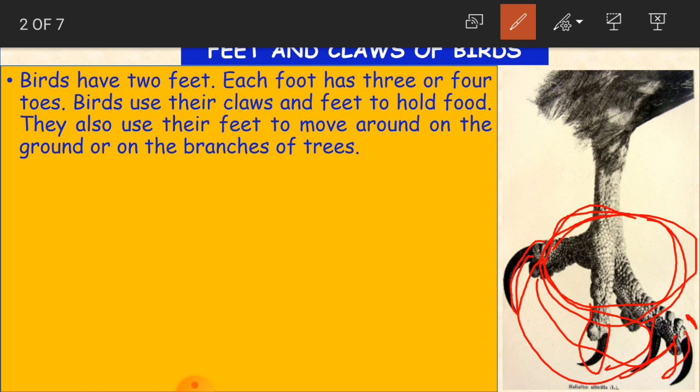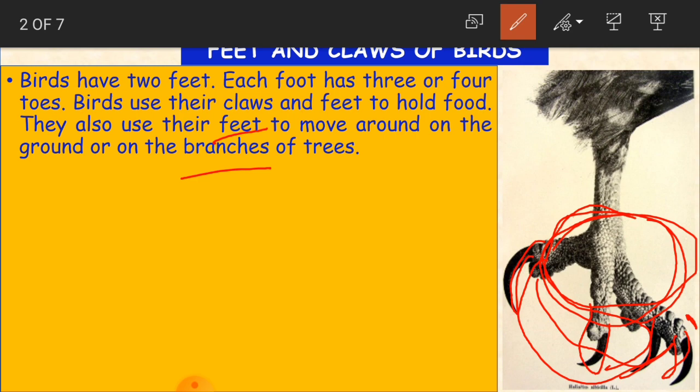And they also use their feet to move around on the ground or on the branches of the tree. Why do they use their feet, children? They use them to move around, as we human beings walk with the support of our legs.